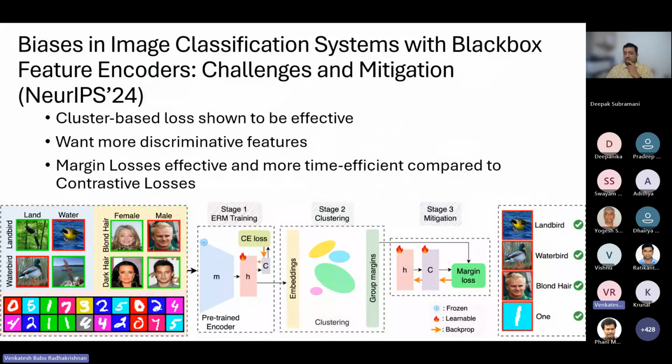And bias is another major problem that we are facing today, because most of the generative models were all trained on data coming out of the internet. You crawl the internet for text data as well as image data. And the model that is trained on this pooled data has a huge amount of bias, because the data is coming from very few countries and regions, right? So it does not represent other regions well.